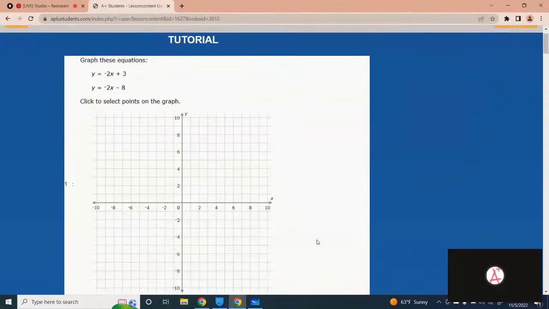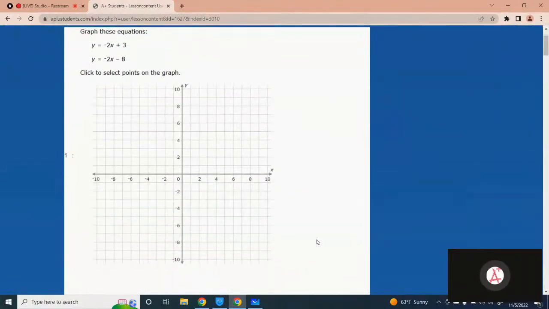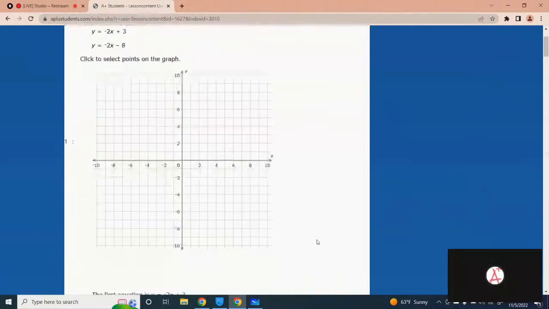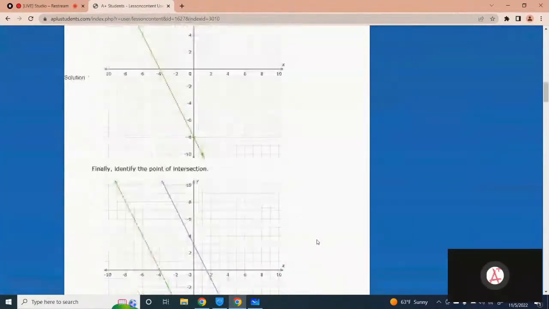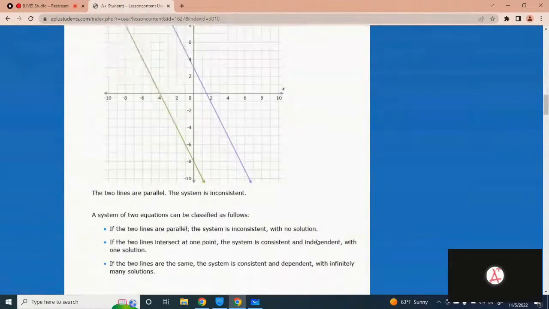first example. Okay, graph these equations. The equations are y equals negative 2x plus 3 and y equals negative 2x minus 8. Okay, so this is the graph for both the equations. You need to see two lines are parallel. That means the system is inconsistent and has no solution. So basically that's how you classify a